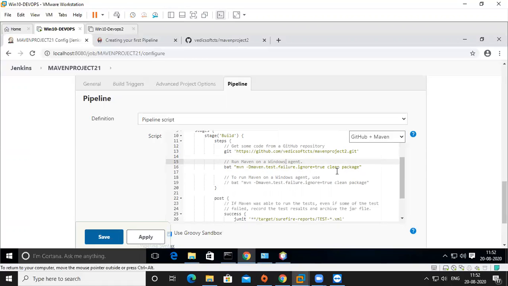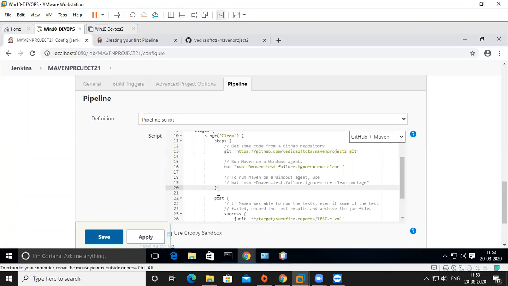Okay, it automatically gives clean package, so I'm removing this package part. I want only clean. If you want this one you can keep it, otherwise you can leave it. It's like an ignore true kind of stuff. And if you want to build more things, I will copy this one.